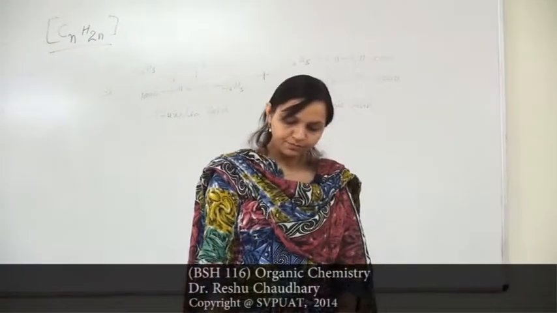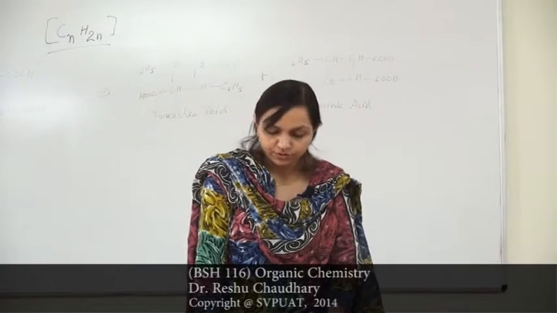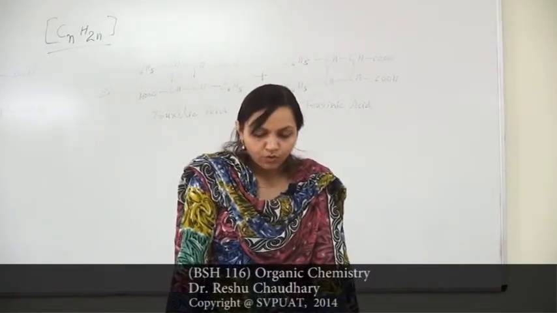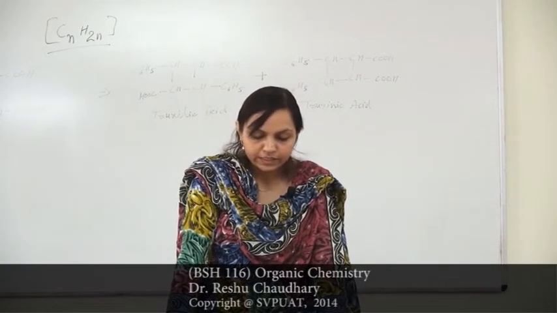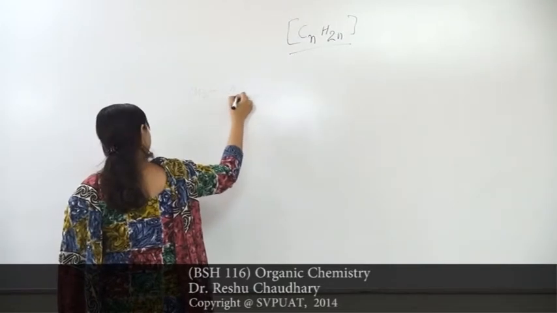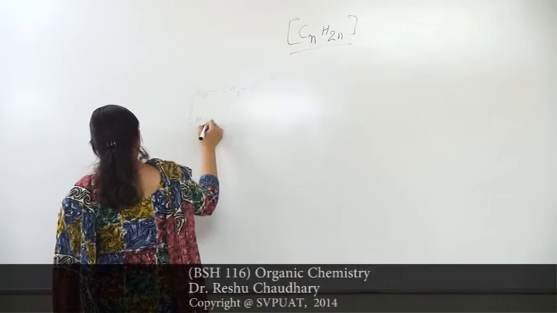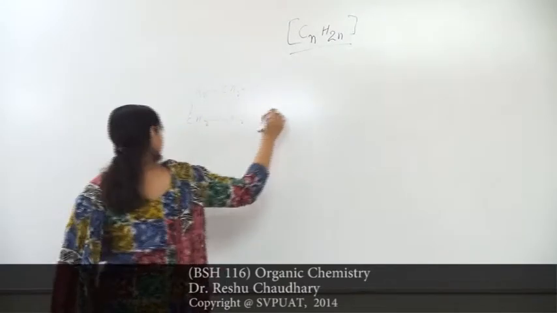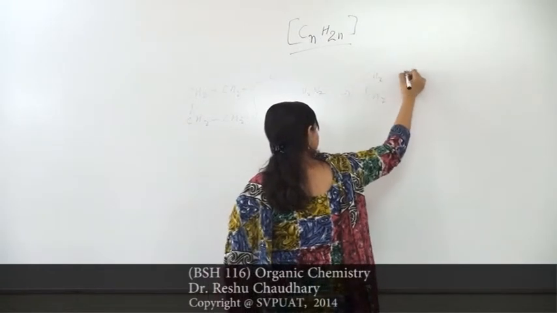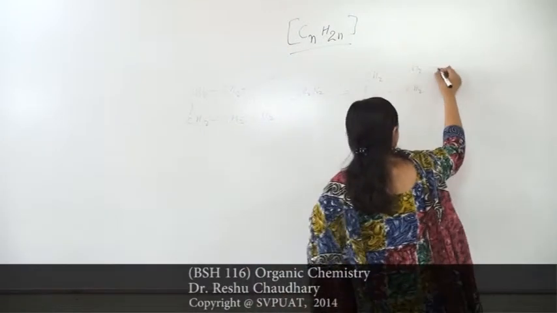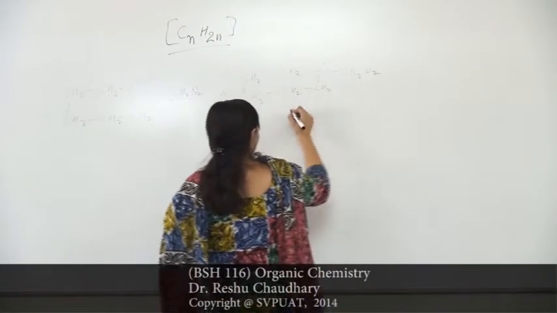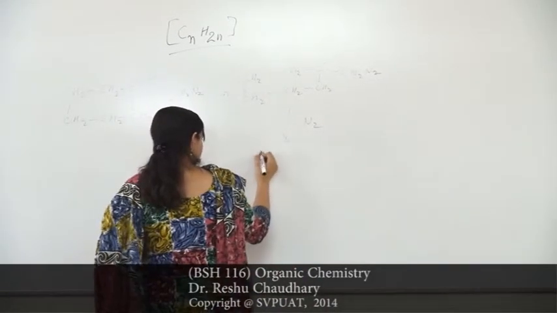Now next method is ring expansion. Higher alicyclic compounds may be prepared by the action of diazomethane on lower homologues, when expansion of the ring occurs by insertion of a methylene group, and the reaction will be CH2, CH2, single bond C, double bond O, CH2, CH2, CH2, in the presence of CH2N2, then forms CH2, CH2, C, single bond O negative, and CH2N2. Then forms